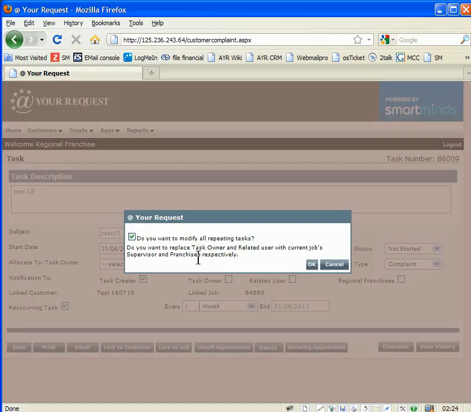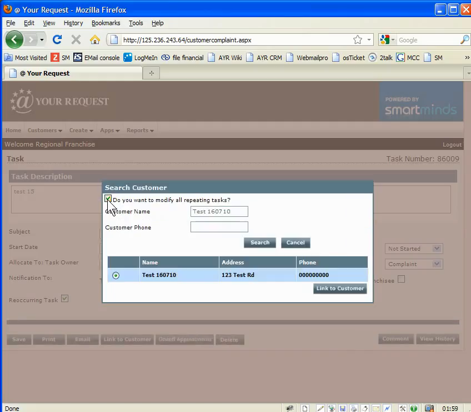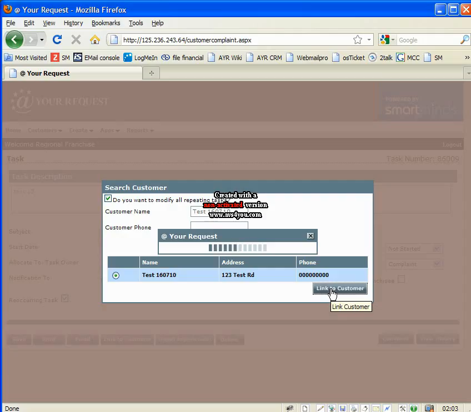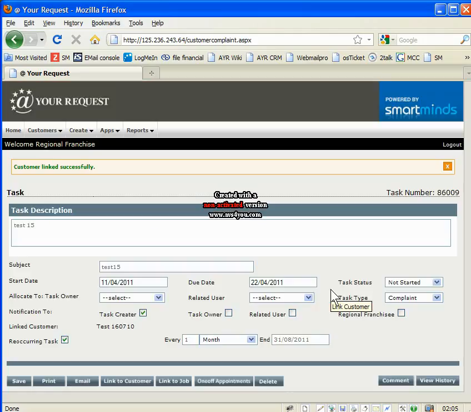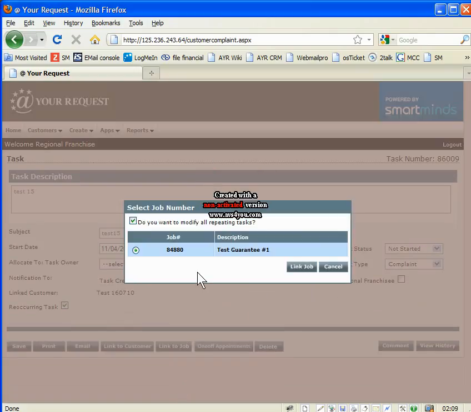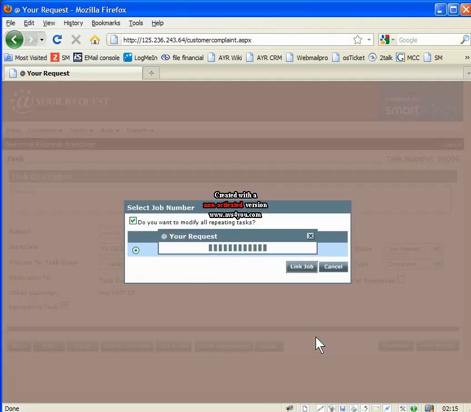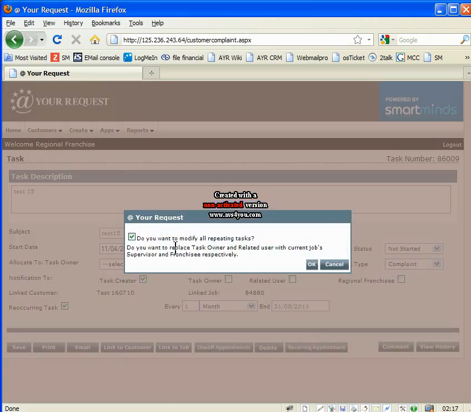And you'll notice that each one of these has a different number. So you can store comments and notes, and you can use them independent of each other. You'll also see that the due dates are 1 month after each other. Okay. Now we're going to go back to the first task,